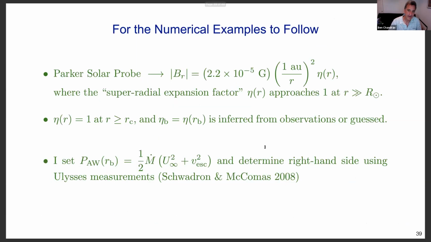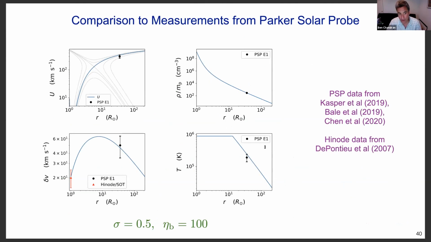And with a couple of plausible assumptions for the magnetic field strength profile, you can match, for example, Parker Solar Probe observations by varying a single parameter. So really for any plausible choice of the magnetic field geometry, encapsulated by the so-called superradial expansion factor at the coronal base, I could explain that more in office hours, you can vary this one parameter sigma and match these observations from the first perihelion encounter of the Parker Solar